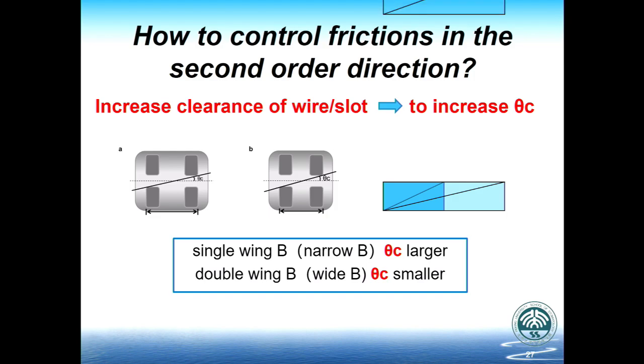How about this? If you increase the size of the slots, you get a larger theta c and you get lower friction. So larger bracket slots are better. But